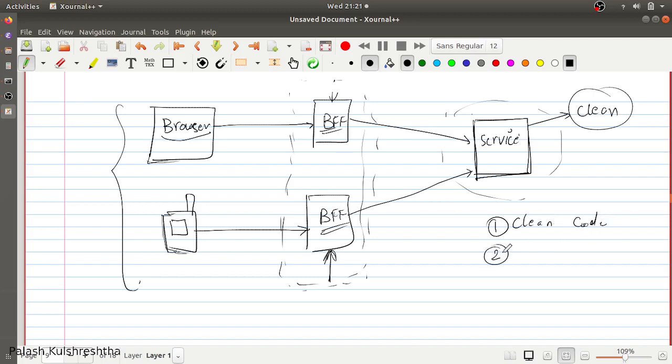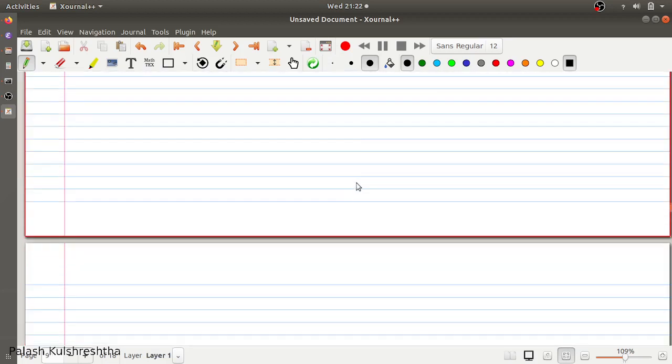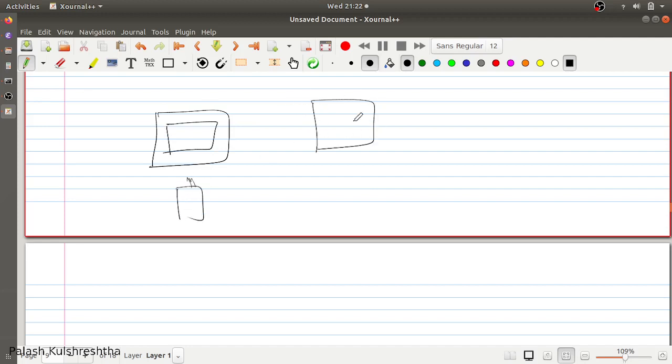The second advantage of this BFF pattern is, for example, let's say your browser was making multiple requests. Let's consider a case in which your application is showing a page in which it needs to make multiple requests on different APIs.